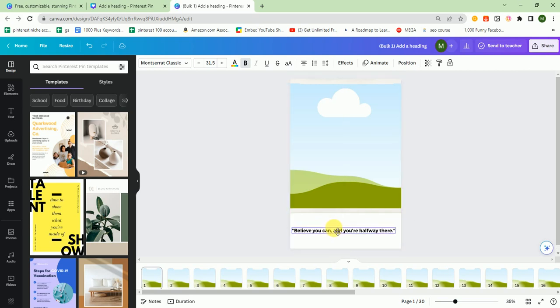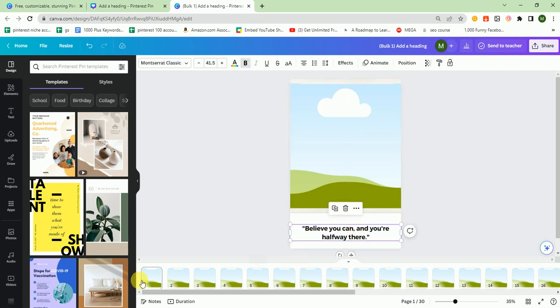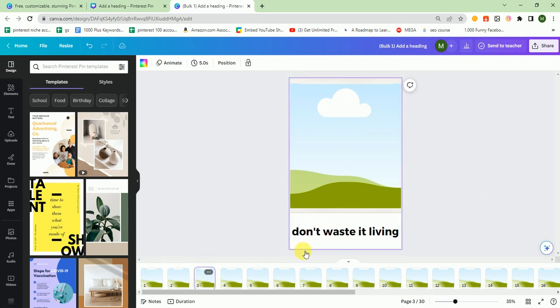And you can increase the size like this. And the main thing is you can do the text adjustment in all images,